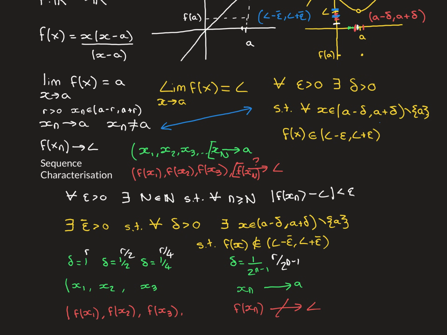We're cutting away and then just looking at the tail end of the domain that is tailing in to our point A. And just like in sequences, where you can cut as much of the front off as you like, you can go as far along and cut it away as you like, we can cut this as far as we like as well. We can make this r as small as we like and then cut just that tail end of the domain that is tailing into A. And it's just that tail end, what the function is doing for that tail end of the domain that's tailing into A, that determines what the limit of the function is going to be, not what these other parts are doing that are finite distances away from A.